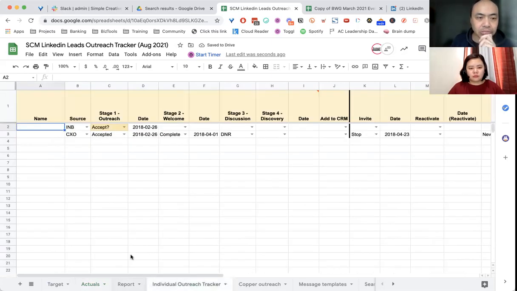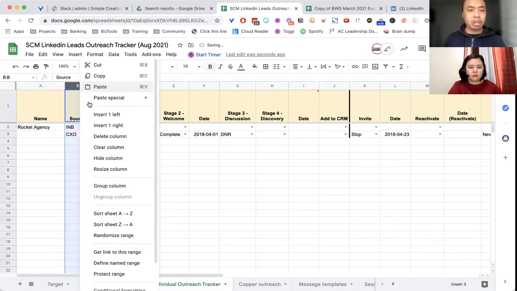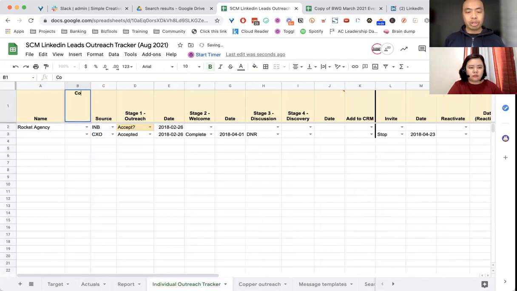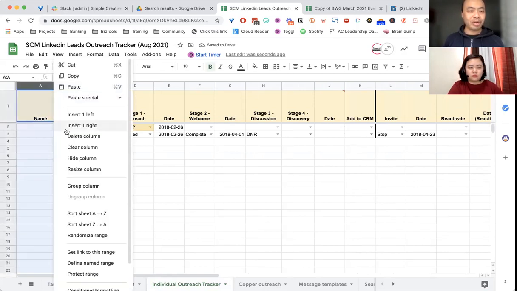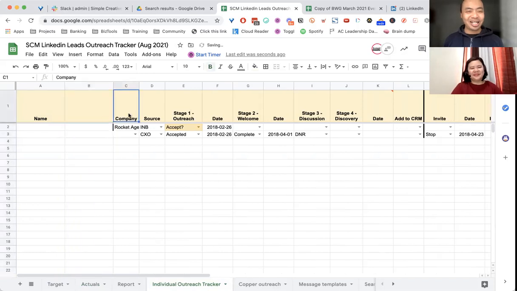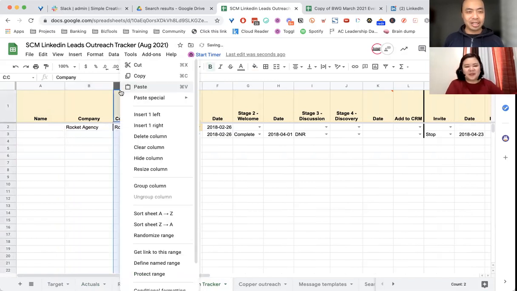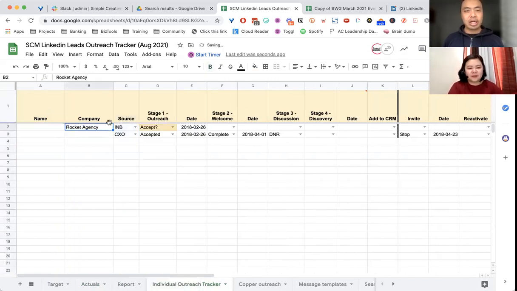With the individual tracker, here you can just put the name of the person that you're connecting with. Okay, so who was the one that I had in the example in the video? It was Rocket Agency. So that was the company name. And do you remember what his actual name was? I can't remember his name, but it was in the example, right? So then you'd put that, and then